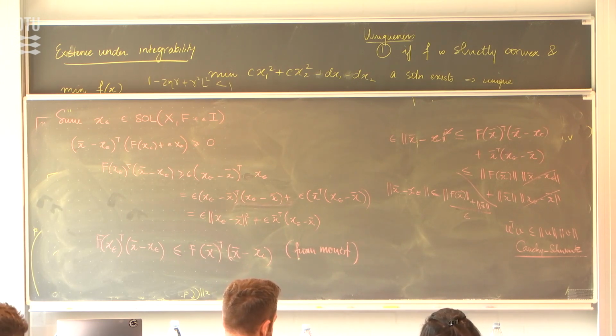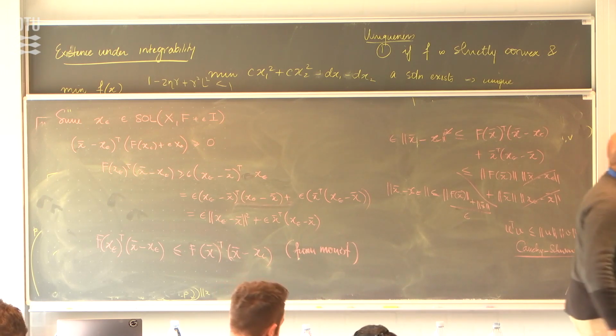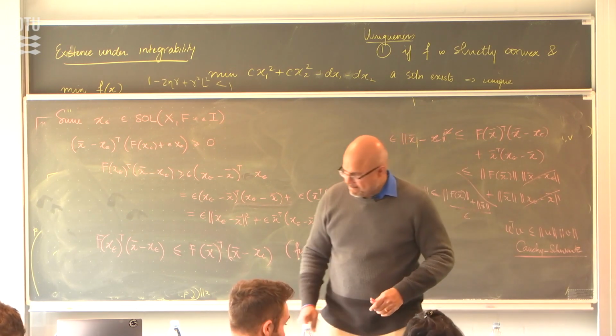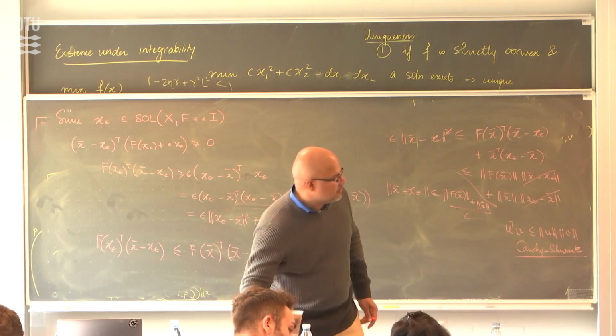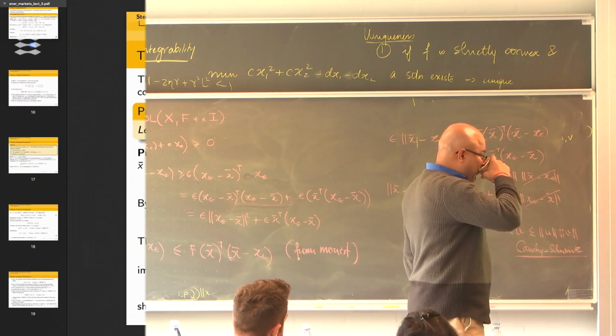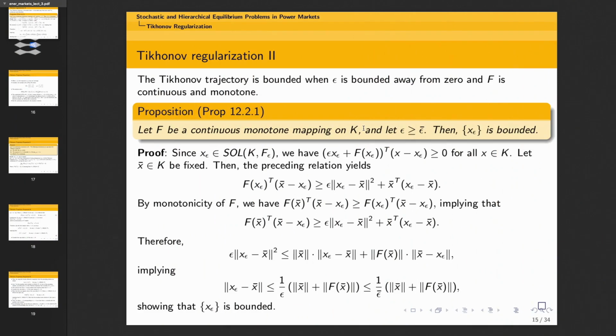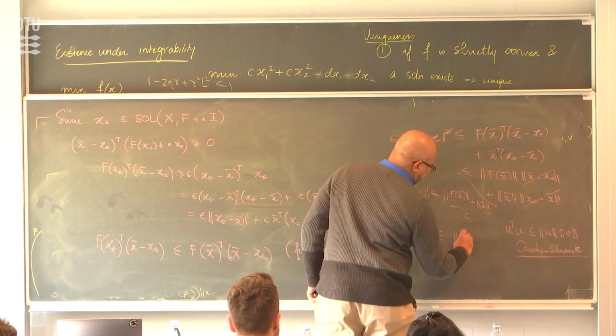Showing that x epsilon is bounded. Okay. So this is for a fixed bound, for epsilon greater than epsilon bar, right? So this epsilon is greater than epsilon bar, so that this is less than